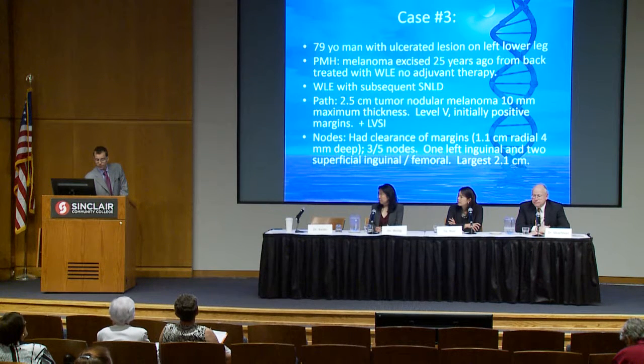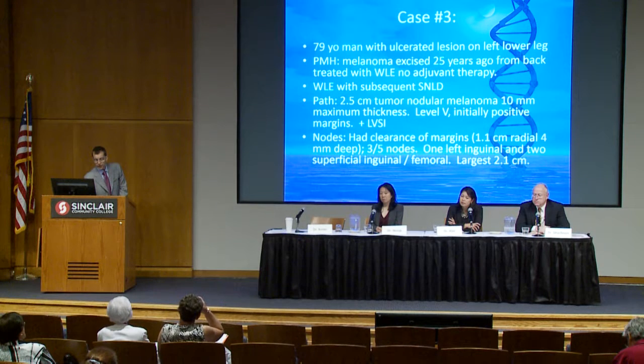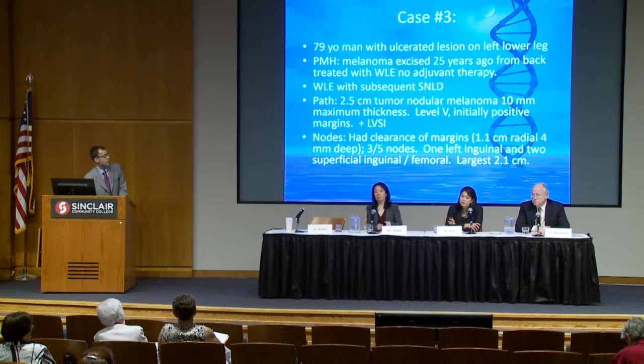But you can also ask, how far should the radiation fields extend? Again, this is not well defined, and a person could argue that you have a deep inguinal and a superficial inguinal, and maybe we should include the next level up, the iliacs. I'm also going to ask, this is a patient with a 25-year history of melanoma, what the recommended follow-up should be for someone who, 20 years ago, 15 years ago had a wide local excision,